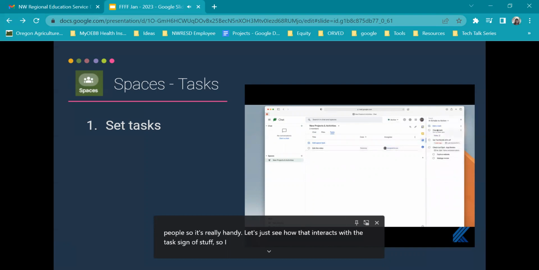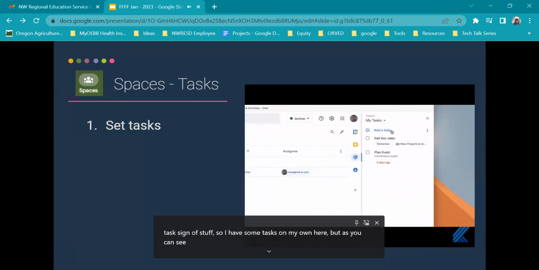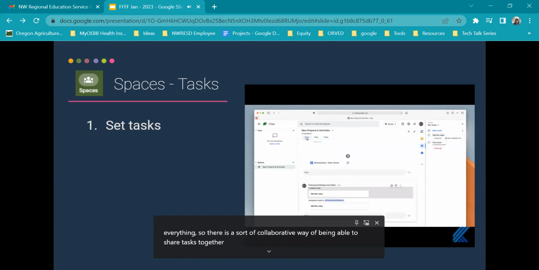So I have some tasks of my own here. But as you can see, it looks like it does come up inside of that. And it does see, it associates it to that space. So there's some ability there to be able to see your team projects as well, which is actually really cool. If you're sort of looking to really just make sure you're on top of everything. So there is a sort of collaborative way of being able to share tasks together. So that is tasks. I'll probably do a separate